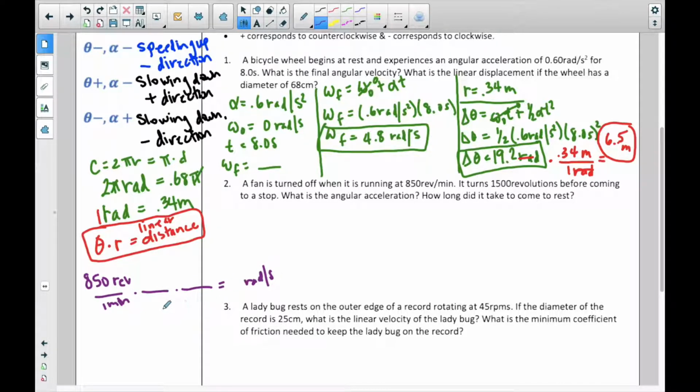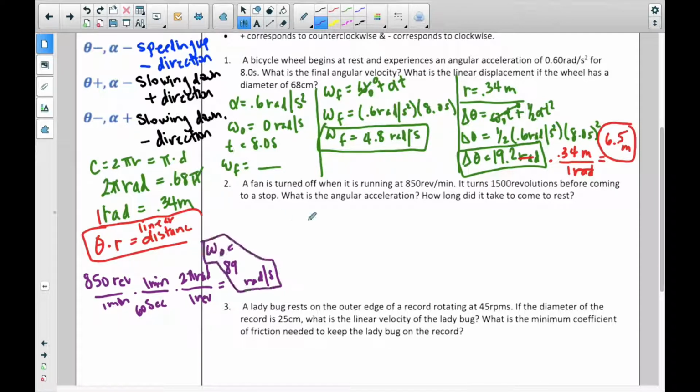So I want my seconds in the denominator, and there are 60 seconds in 1 minute. And I want my radians to be in the numerator, and there are 2 pi radians in 1 revolution. So that's how I'm going to set up my conversion. And so now I just have to take 850 times 1 times 2 pi and divide that by 60. So once again, get out your calculator and calculate that, see what you come up with. Okay, so when you do this calculation, you should get 89 radians per second. And so that is our